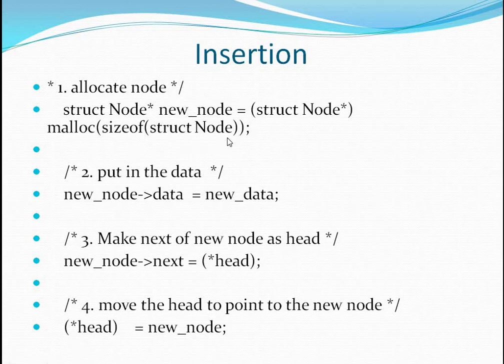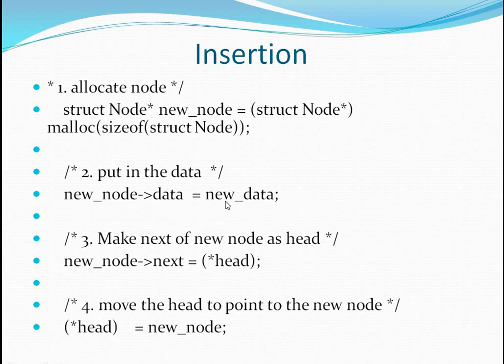That means whatever was the size of nodes in your linked list, suppose it was consisting of integers, and one integer was having 4 bytes and 1 byte was used to store the pointer, then those 5 bytes will be assigned to this new node in the memory, anywhere where the 5 bytes are free. Okay, now I am going to assign the data to this new node.